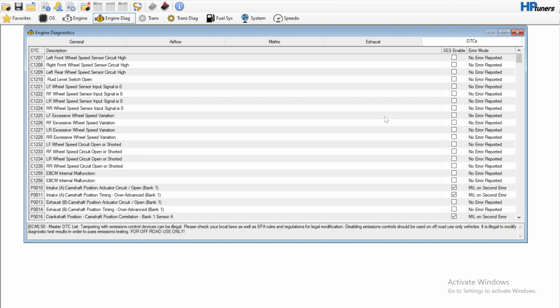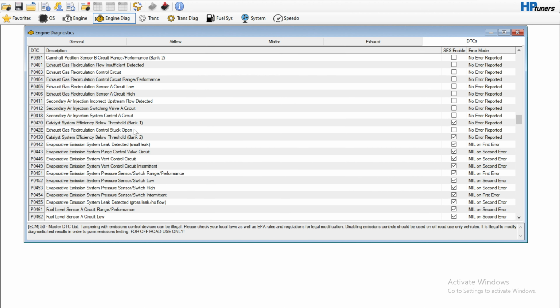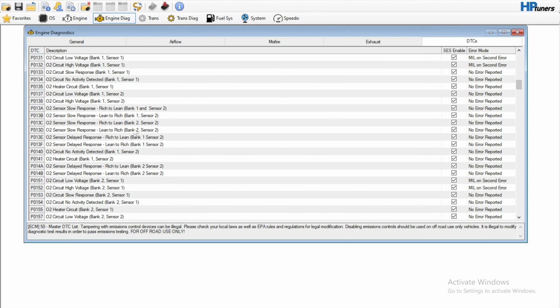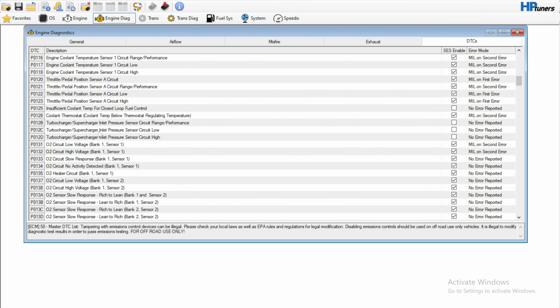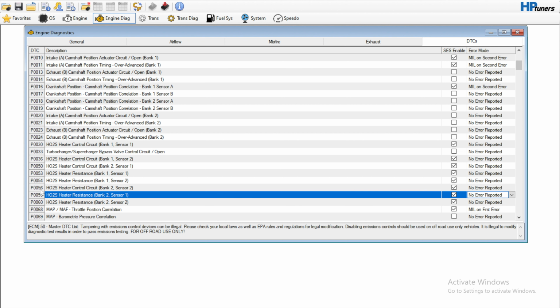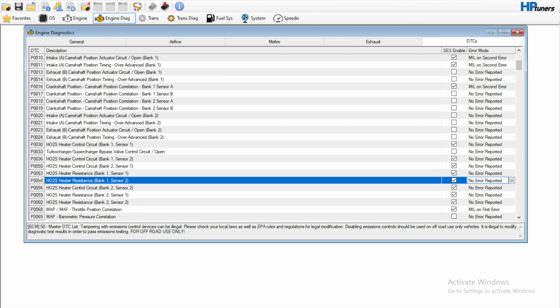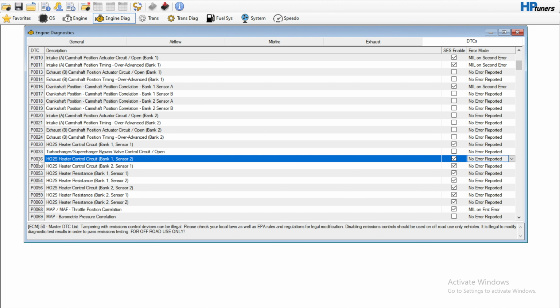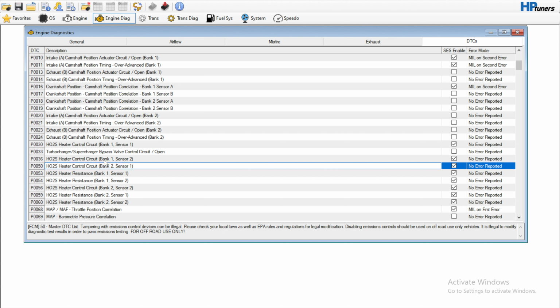You can modify pretty much everything in here if you really wanted to. Never have a single check engine light, but obviously that's not recommended, because the list here is pretty extensive. You want to go through and find which codes are being thrown. These are all the heated O2 ones. So this is bank 1 and bank 2, sensor 1 and 2. Bank 1 is just left and right, driver side, passenger side. Sensor 1 and 2 is